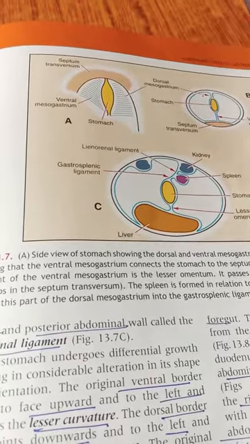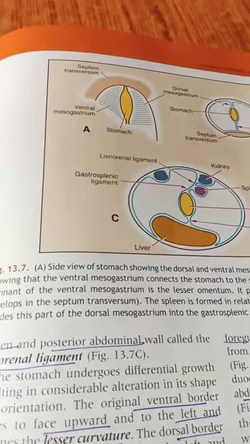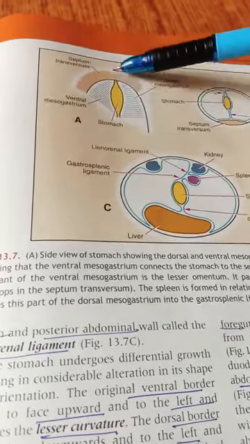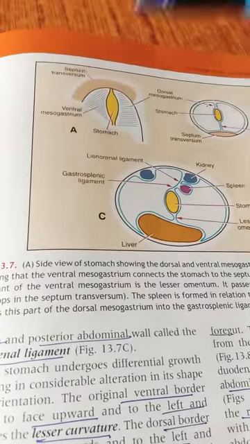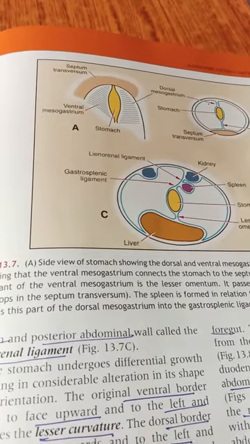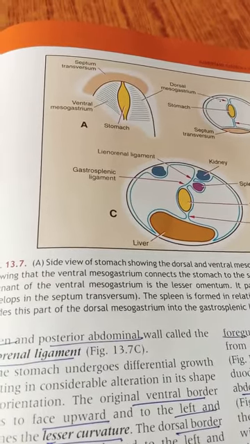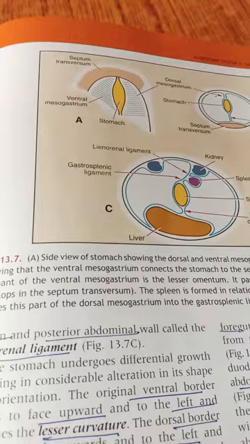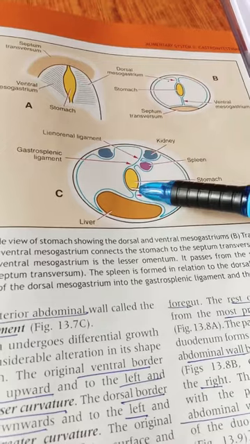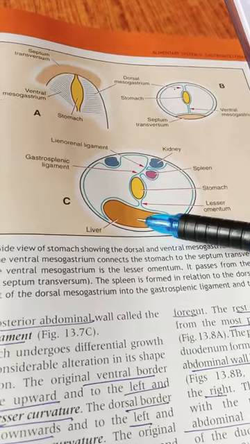We know this is the septum transversum which later forms our diaphragm. So this septum transversum is attached to the ventral border of the stomach by another fold of peritoneum, that is mainly known as ventral mesogastrium. You can see this is the ventral mesogastrium which is helping the stomach to fix to the septum transversum on the ventral or anterior side. The ventral mesogastrium passes from the stomach to the liver, to the diaphragm, and also to the anterior abdominal wall. This is very important. Ventral mesogastrium passes from the stomach first, next to the liver. So this is the stomach, it passes to the liver, and next it passes to the diaphragm and also to the anterior abdominal wall.